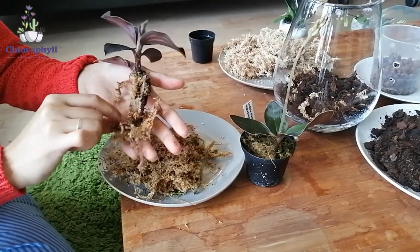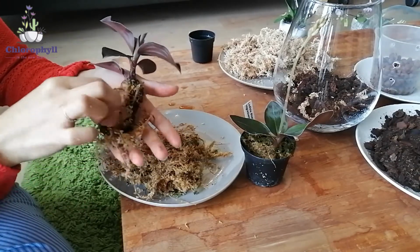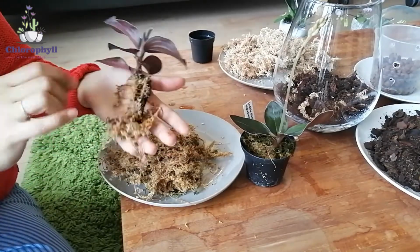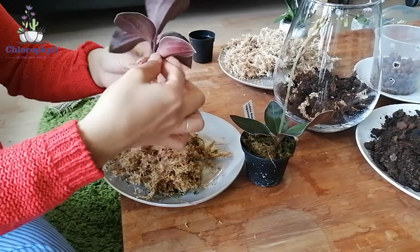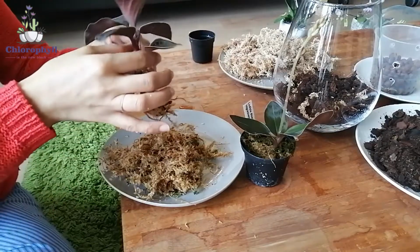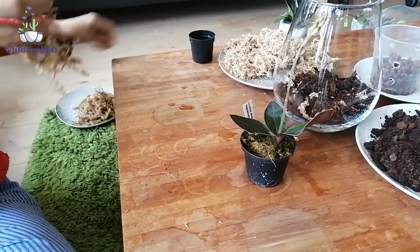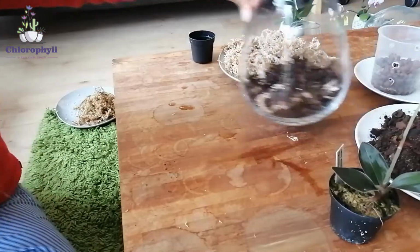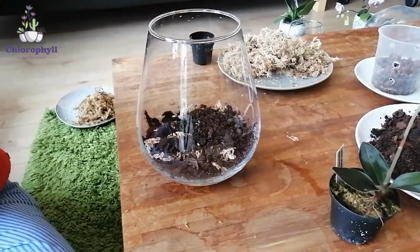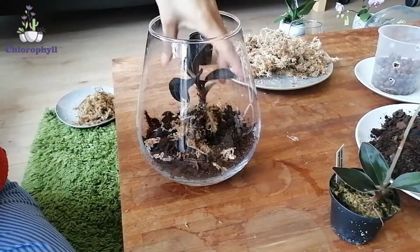So you can see that it has a healthy root system. It's actually plump, not mushy, so that's a good sign. And I can see root tips there and also here. So this is also a new root and a new root. So that's great. So now I'm going to put it into the terrarium. And I am going to just place it,